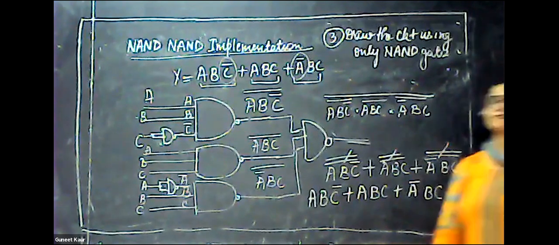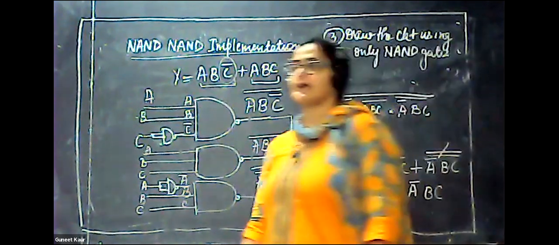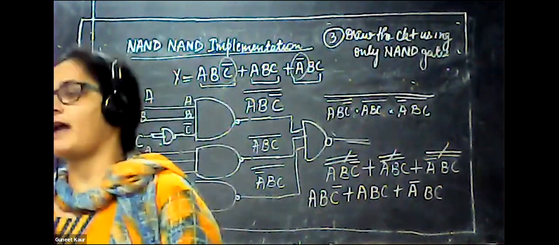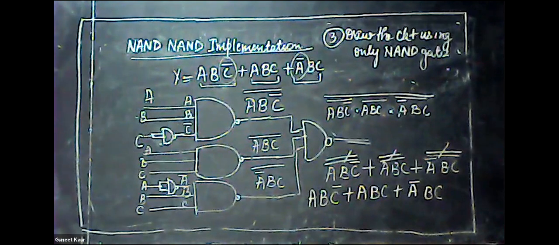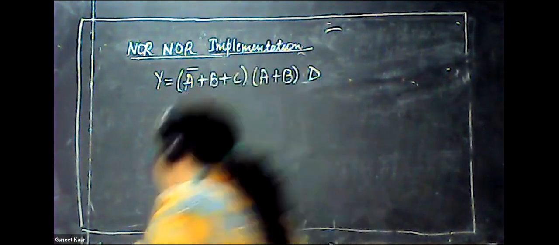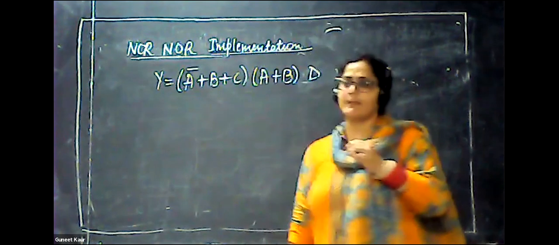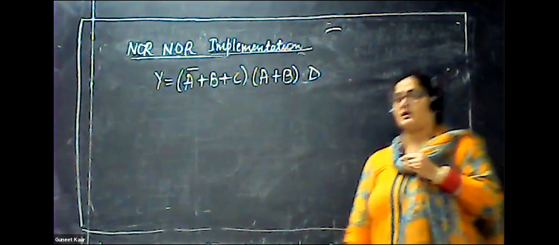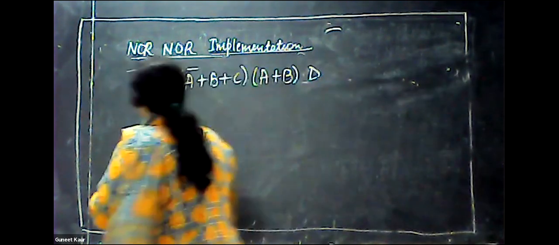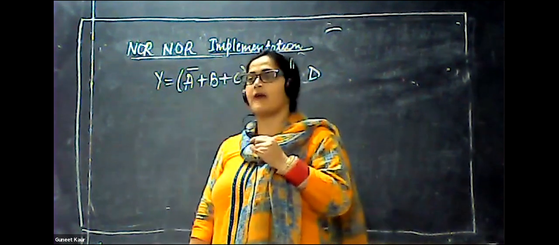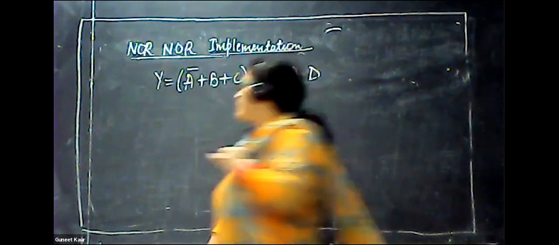So with this we have completed NAND realization, in which we have used all NAND gates to make our diagram. AOI logic is converted into NAND realization. Now I am going to start the topic NOR implementation, taking this example. Same as in the case of NAND implementation, firstly I will make the AOI logic for that.